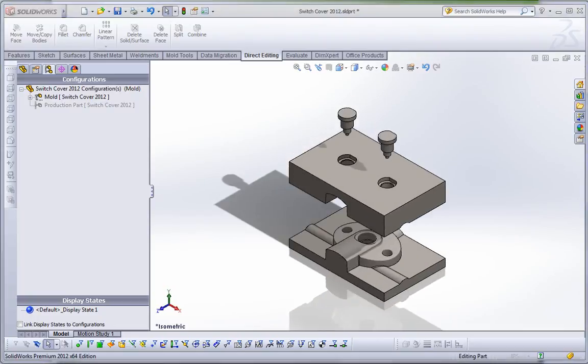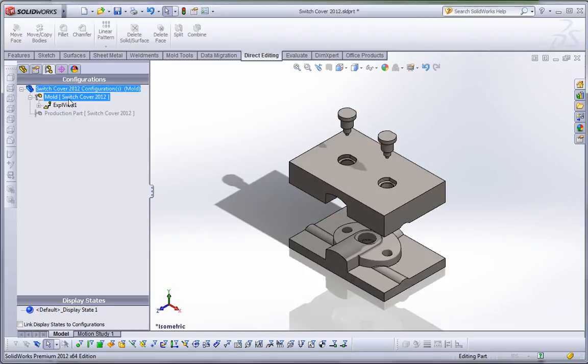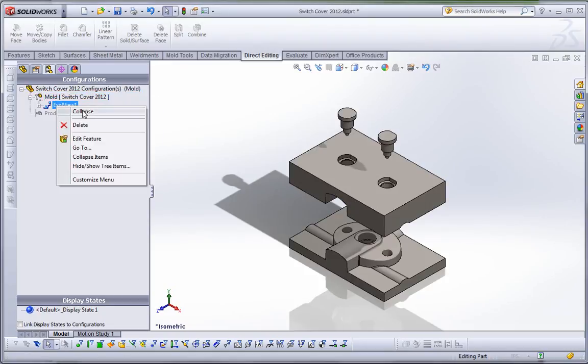So then the next step would probably be getting these items prepared to be machined. Because we're in a single part file, more often than not, we want to be able to send these parts out on their own. Depending on what CAM system you're using, perhaps it would support SolidWorks and SolidWorks configurations. Something like CamWorks obviously does. So what we can use is the direct editing capability to separate these things out and then orient them correctly for how we want them to be aligned for machining. So let me go ahead and collapse this,